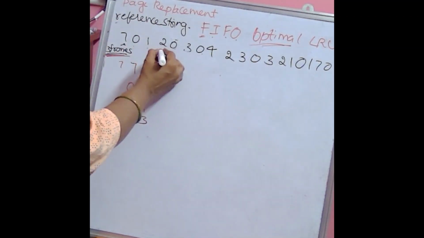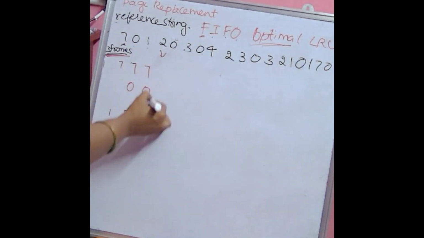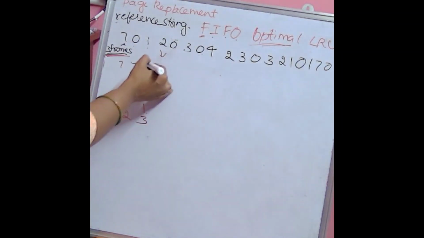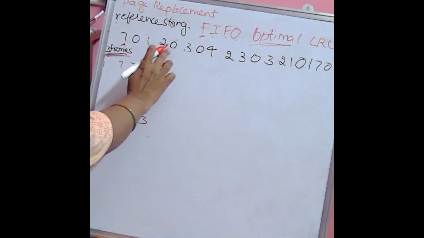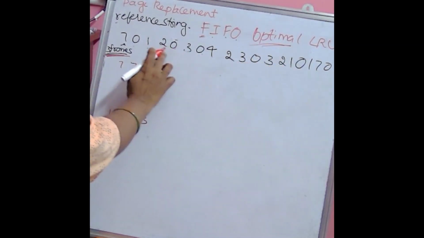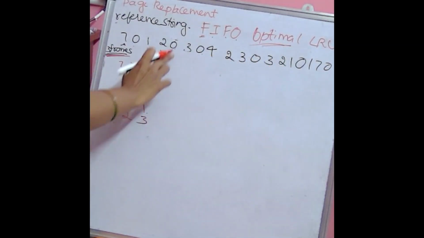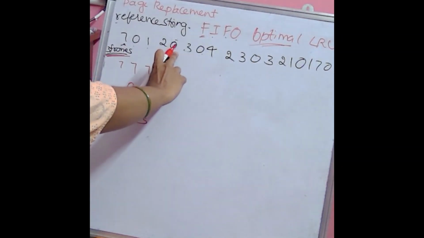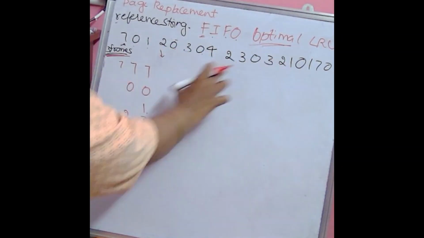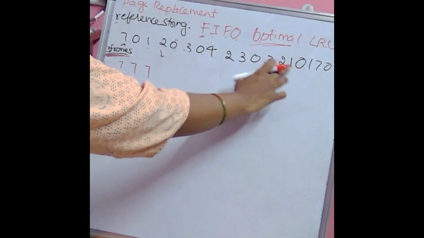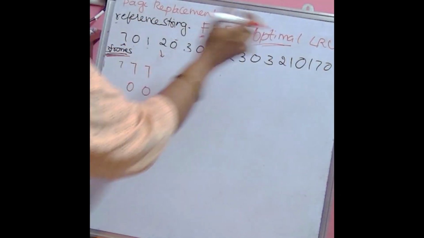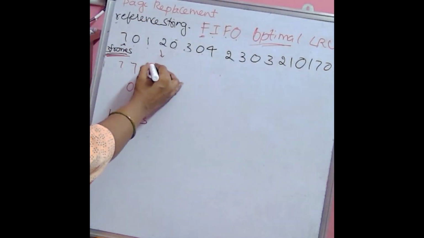Next page required is 2, but it is not available in the main memory. So we need to replace any one of these pages. According to optimal, we replace the one which is not used in the near future. In the near future it requires 0. After that, 1 is also required in the near future. The longest future it requires is 7. That's why we are replacing 7